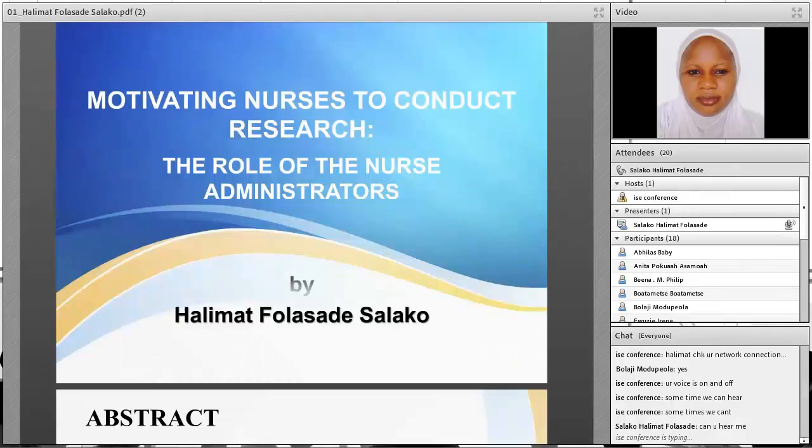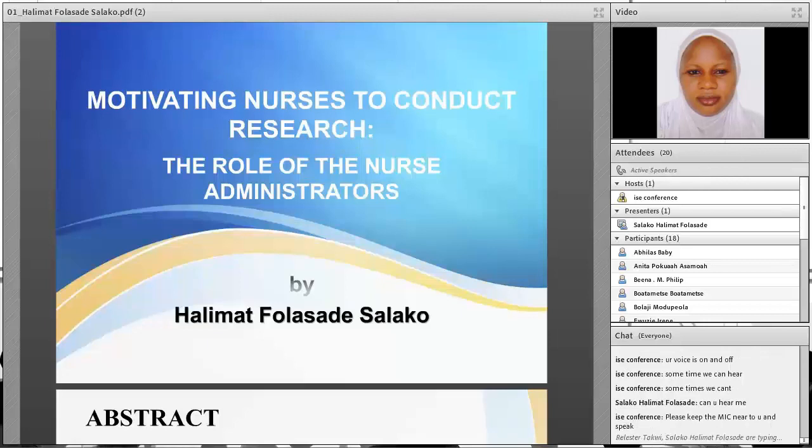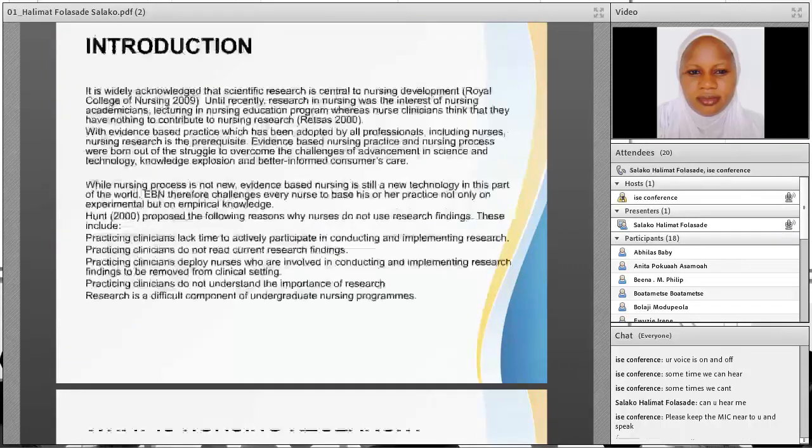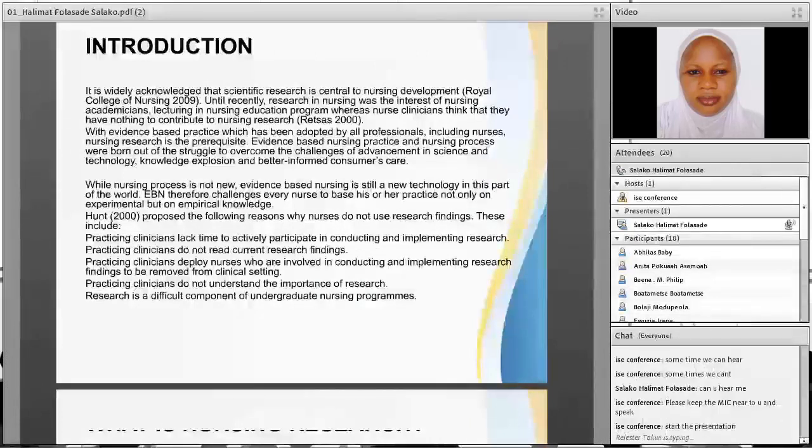Until recently, research in nursing was the interest of nursing's academic program, whereas nurses in practice were thought to have nothing to contribute to research. Yes, we nurses can. With evidence-based practice, which has been adopted by all professionals, including nurses, nursing research is